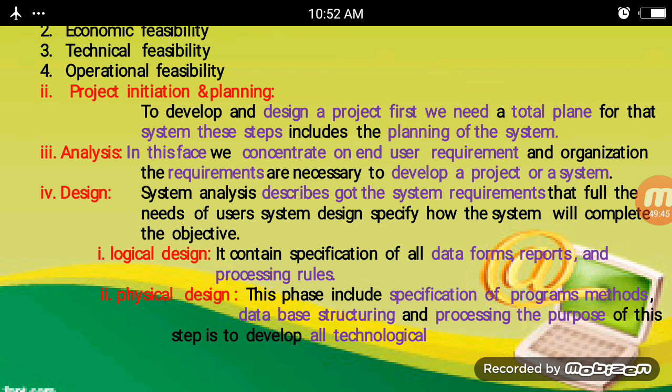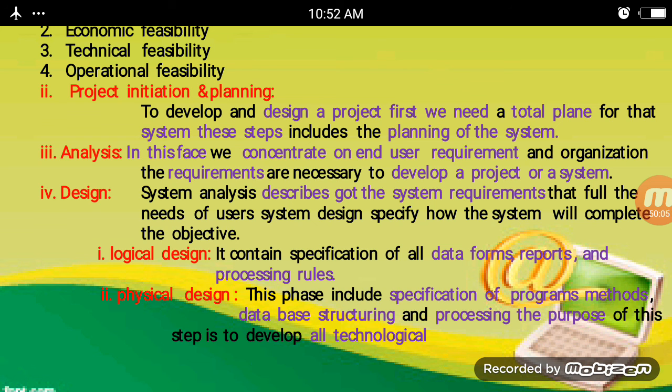And design: the system design describes the system requirements that fulfill the needs of the user, and specifies how the system will complete the objectives.